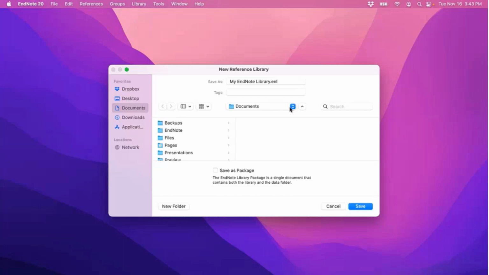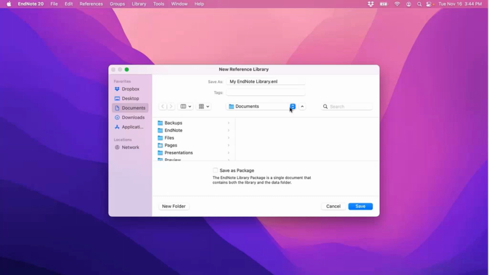And there are a couple of locations where you don't want to store a library while you're in the process of actively developing it. While you're building your library and adding references to it and making changes to it, you don't want that to reside on a network drive. If you store a library that you're actively developing on a network drive, that can increase your risk of encountering library corruption, and it can also cause general performance issues in the application if you're experiencing a lot of network traffic at that time. So backups of your EndNote libraries can be stored on network drives, but when it comes to libraries you're actively developing, you want those to be stored on your local hard drive.